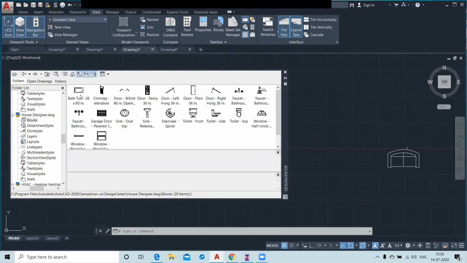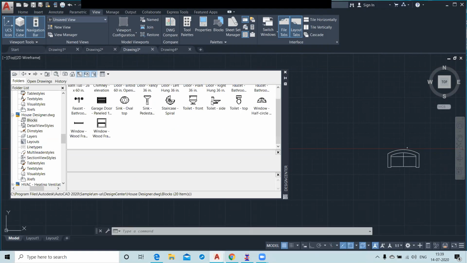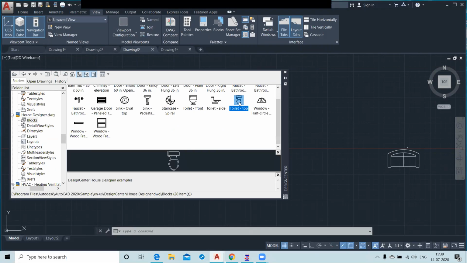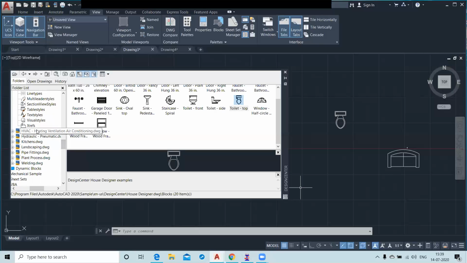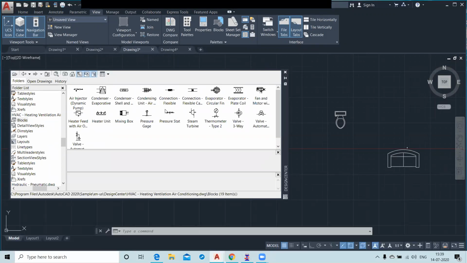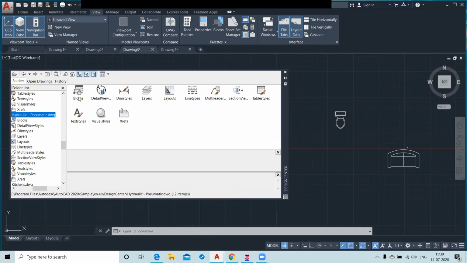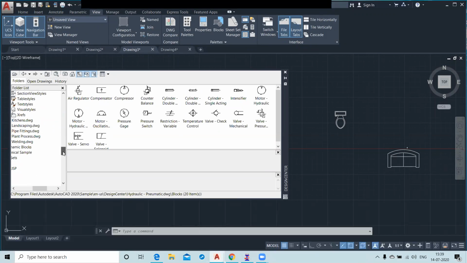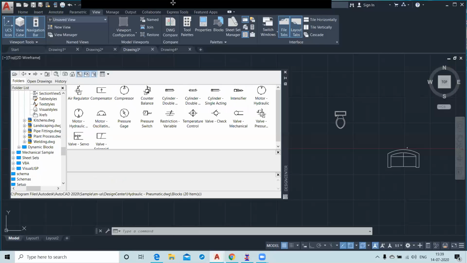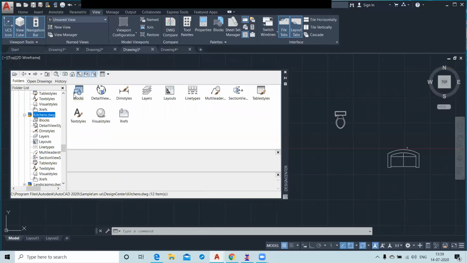Just click. This is your bathtub, chimney, door. You can use them from here also. This is your toilet, and use it like this. And this is your HVAC part, and this is your hydraulic part, and this is your kitchen.